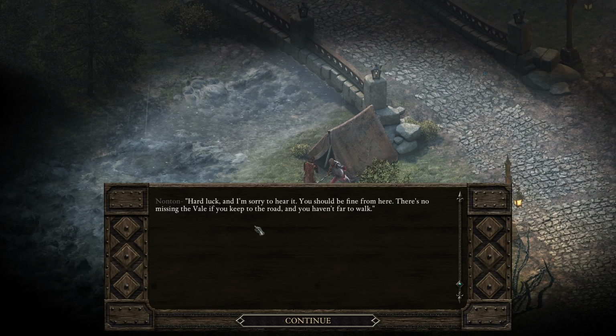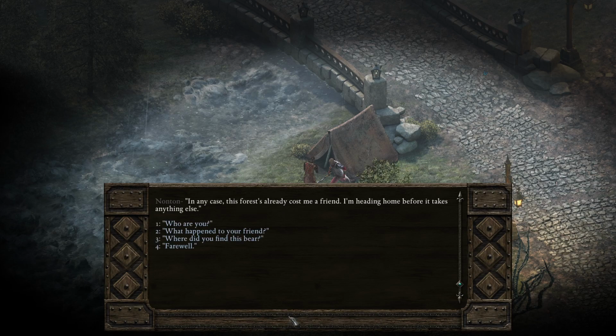Hard luck, and I'm sorry to hear it. You should be fine from here. There's no missing the Vale if you keep up to the road. Or if you keep to the road, and you haven't far to walk. But you'll want to keep clear of this place after that. We were just attacked north of here. Me and a friend of mine, we came out here to hunt some deer. Came up on a bear instead. Great, monstrous thing. And Pearly, he didn't make it. He shakes his head. I don't know what I'll tell his wife. We don't tell anything. That's what I'll tell you. In any case, the forest has already cost me a friend. I'm heading home back before it was...